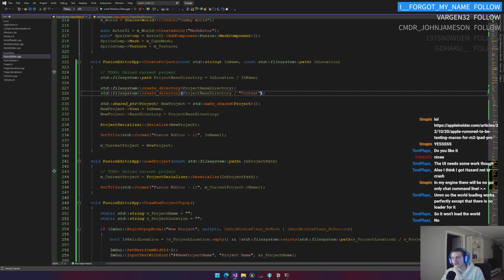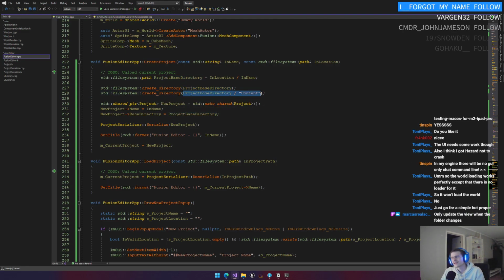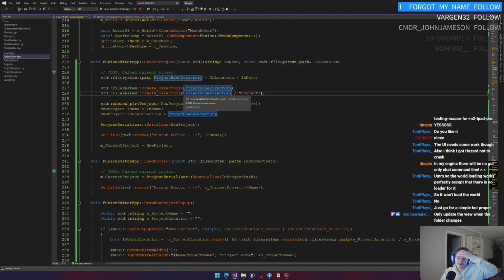Writing an asset manager all in one go is, first of all, stupid, and secondly, extremely boring. Let's go for a simple but proper one. That will kind of indicate some sort of asset manager, but only update the view when the folder changes. Yeah, that would actually mean that I'd have to introduce